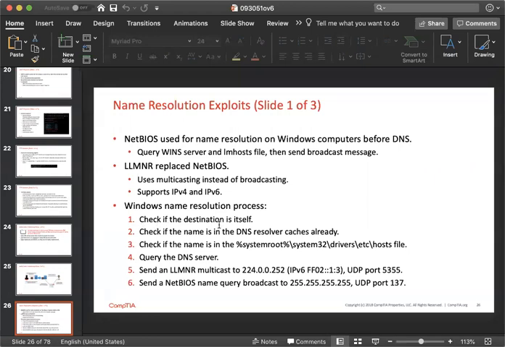Check if the destination is itself. Check whether the name is already in the DNS resolver cache. Check if the name is in the hosts file at %SystemRoot%\System32\drivers\etc\hosts. Query the DNS server, then send LLMNR multicasts to 224.0.0.252, UDP port 5355. This is a pretty common attack vector, the LLMNR